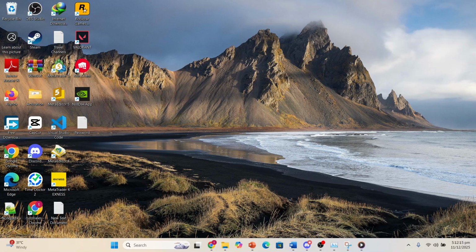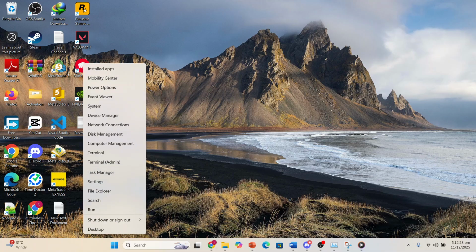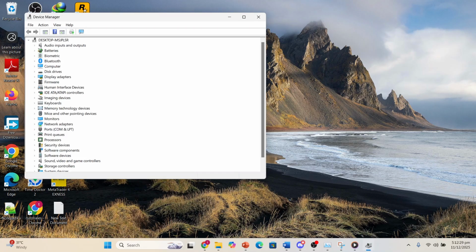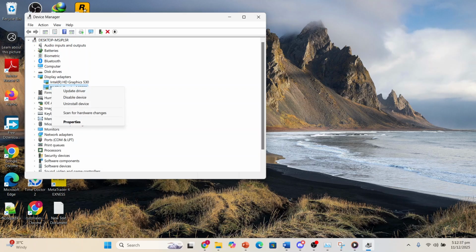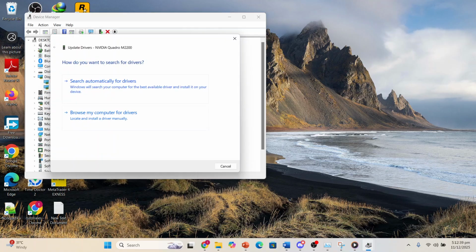Hey guys, in this video I'm going to show you how to fix GeForce Experience Error Code 0x0003. First thing I want you to do is right click on your start icon, click on Device Manager right here, and from the left hand panel you'll see Display adapters. I want you to click on this and identify your NVIDIA graphics card. Just right click on it and then click here on Update drivers, and then click here on Search automatically for